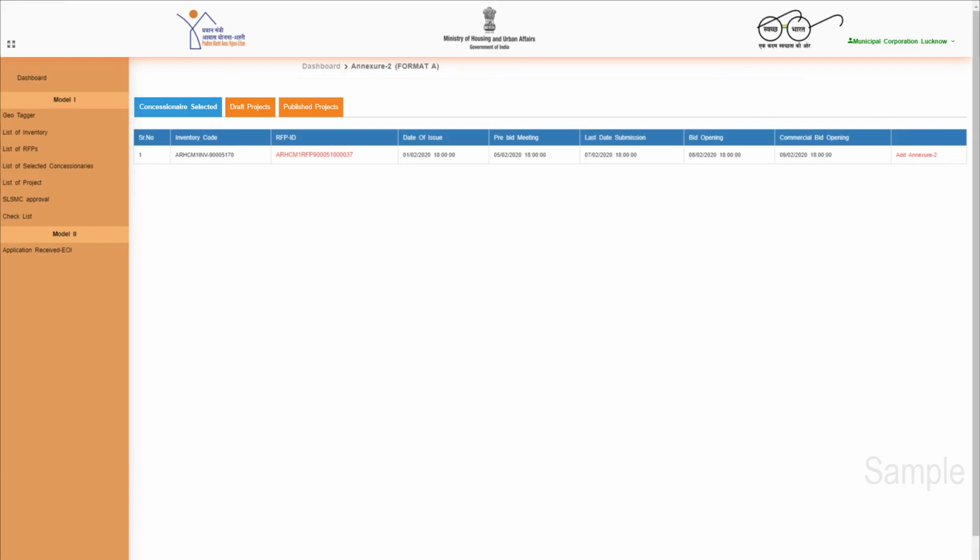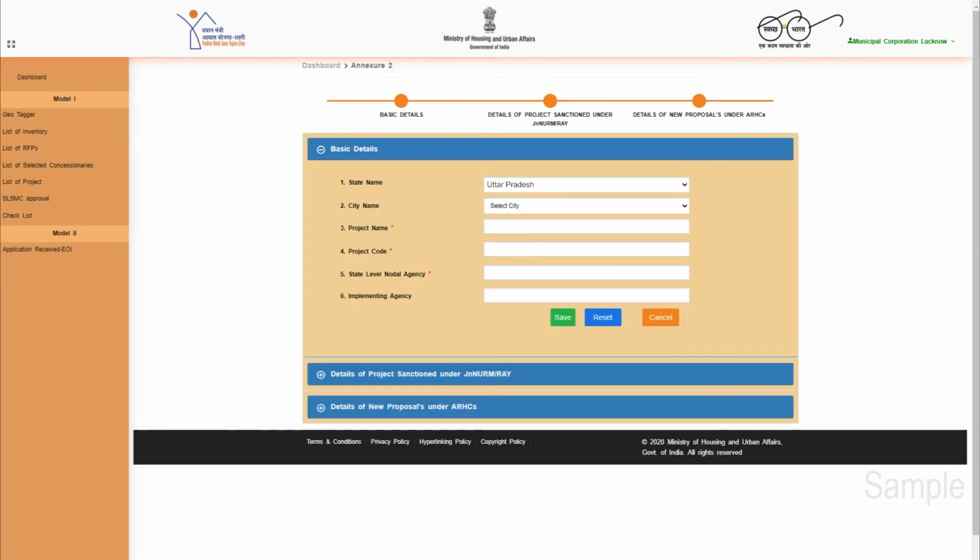Project management. After submission of selected concessionaire details on the ARHC website, the ULB will enter project details as per the Annexure 2 format of the operational guideline. The ULB may select the Add Annexure 2 option displayed against RFP details inside the concessionaire's Selected Report tab. Upon selection of the Add Annexure 2 option, the system will display a screen where the ULB will enter project details in 3 parts: